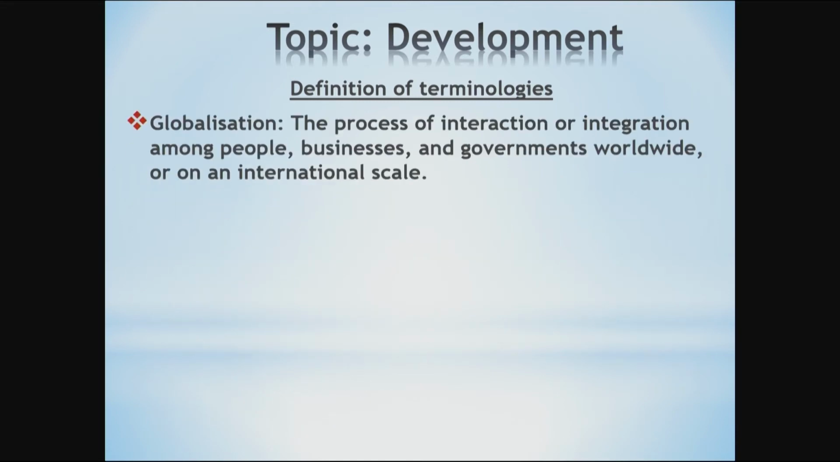So next, we're looking at globalization. When we talk about globalization, we are talking about the process of interaction or integration among people, businesses, and governments worldwide or on an international scale. With the word globalization, we already see globe, very good, and we are talking worldwide. So next,